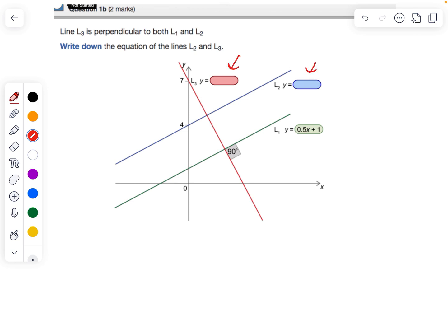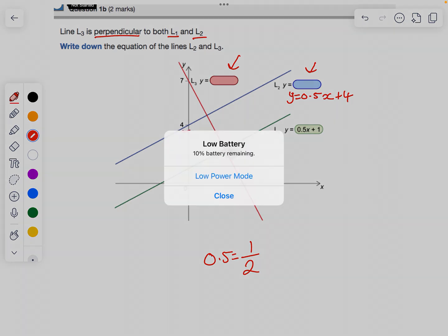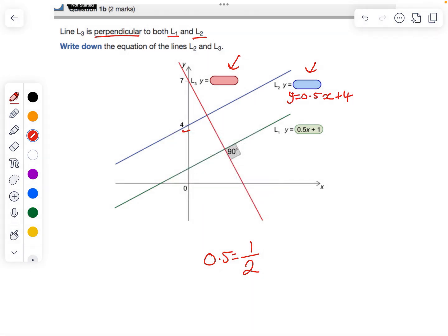here, it says we have to fill in these blanks. It told us that line 3 is perpendicular to line 1 and 2. So that means these two lines are parallel. So if two lines are parallel, they have the same gradient. And then the y-intercept for the blue one is 4. If we know that the line is perpendicular, it's the negative reciprocal. So 0.5 is the same as a half. So that means that the red one, the negative reciprocal, is going to be -2/1, which we can just write as -2. And the y-intercept